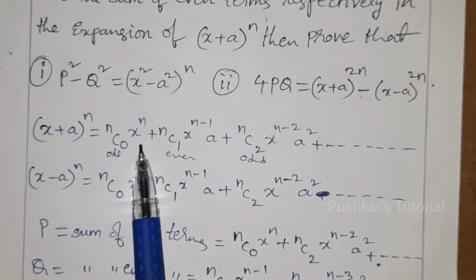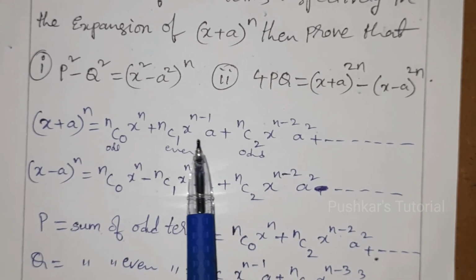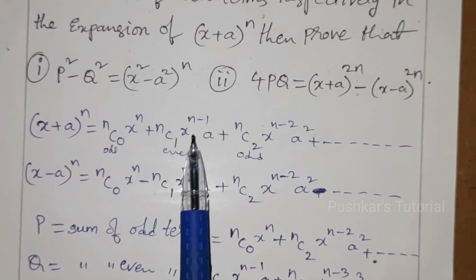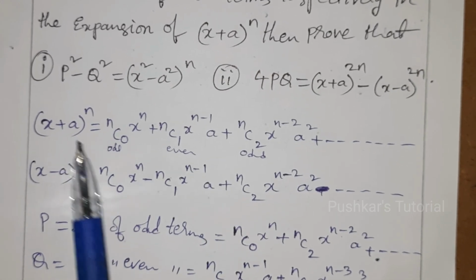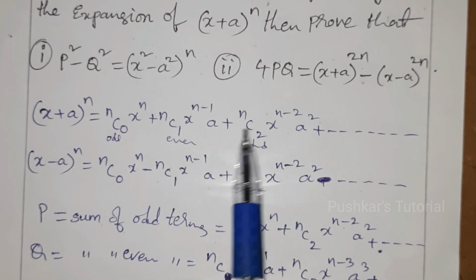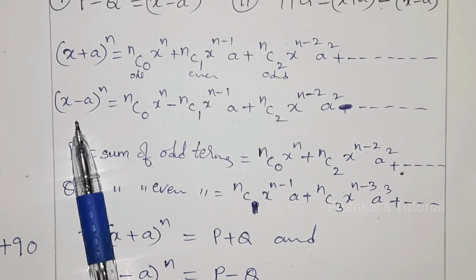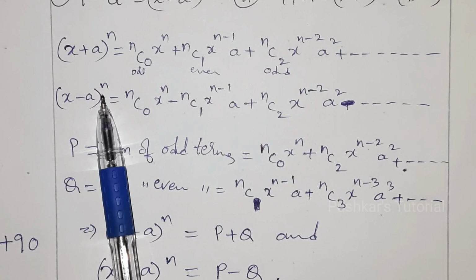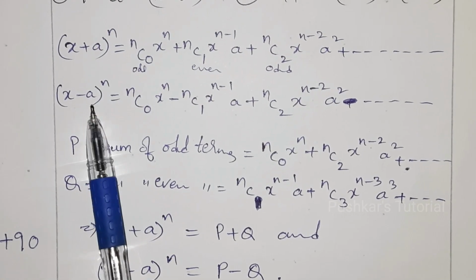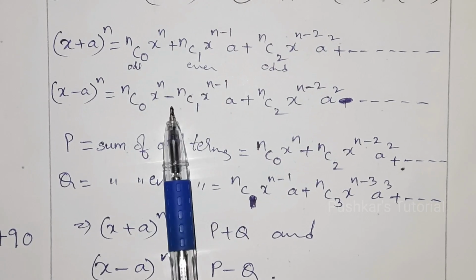Next one nC1, first term will decrease, second term will increase. So first term is x power n minus 1 and second term is a. Then nC2 x to the power of, again decrease, increase, so n minus 2 a square and so on. So next (x minus a) whole to the power of n I am taking. Means same as it is, but in between minus means alternate sign will come. So plus, minus,